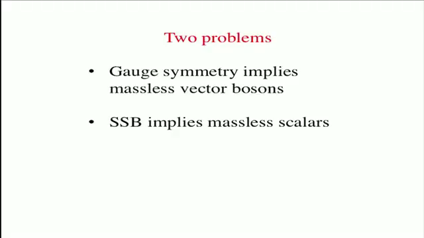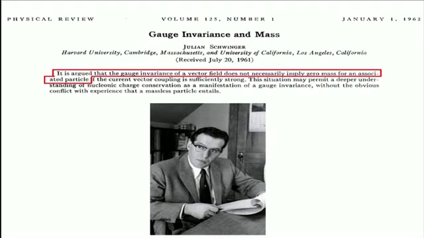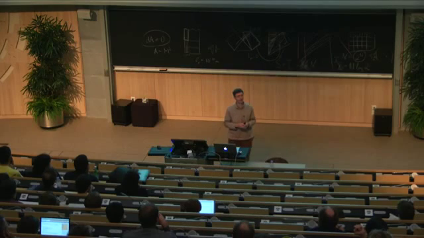Now, the first one who really understood that gauge invariance does not necessarily imply a massless force carrier was Schwinger in 1961. In the abstract of this famous paper, he says, "It is argued that gauge invariance of a vector field does not necessarily imply zero mass for an associated particle." So it spells out clearly. Of course, the analysis was based on consideration of currents, and there's no reference in the paper to the idea